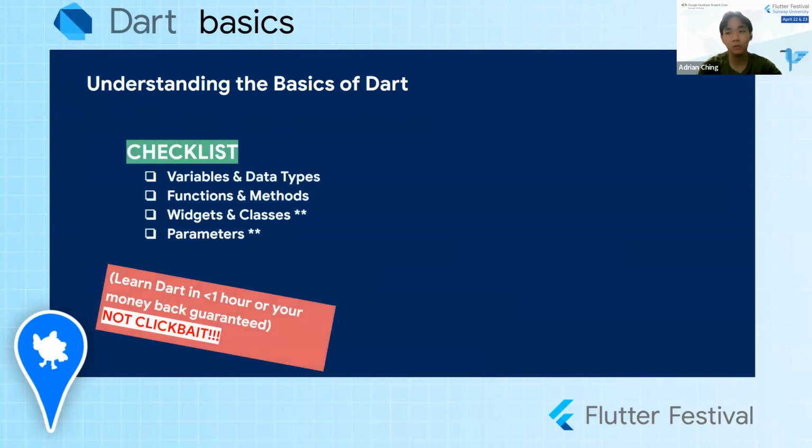I'm not going to go through a whole Dart programming workshop or whatnot. I'm just going to teach the basics of Dart to get you started developing a Flutter app. So there are 4 main concepts over here, which I will get into later on. But once you understand these 4 concepts, then you can really start making your own Flutter app.